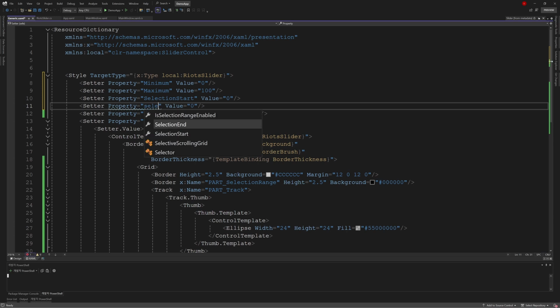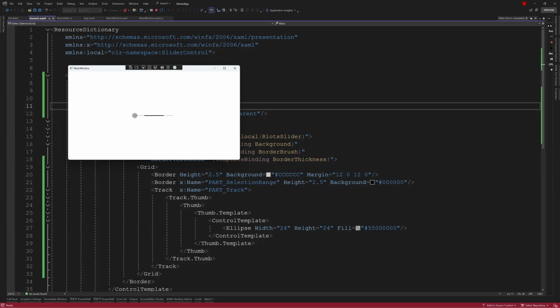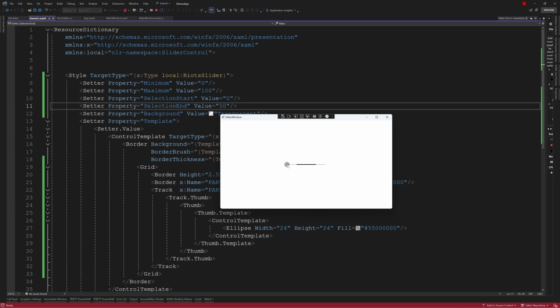We put selection end at 50. But it defaults to center, so we align it left.